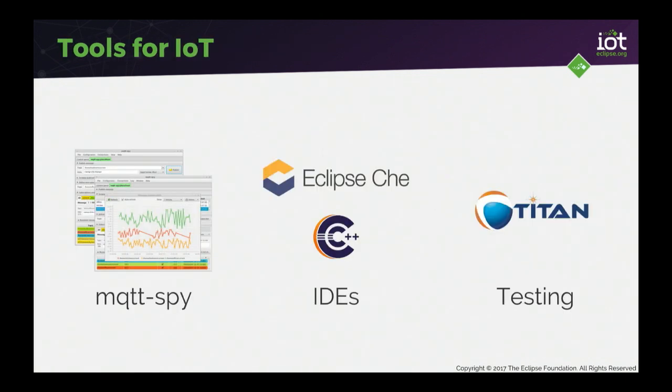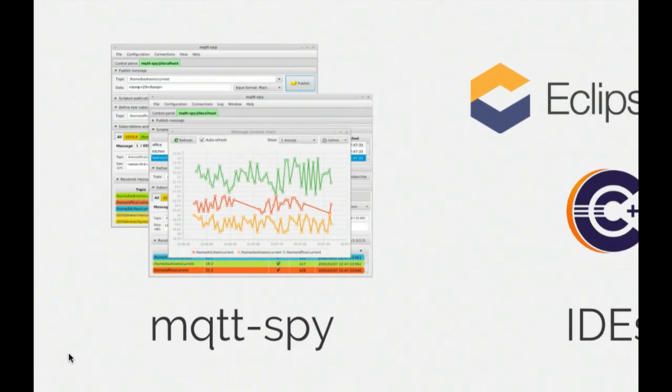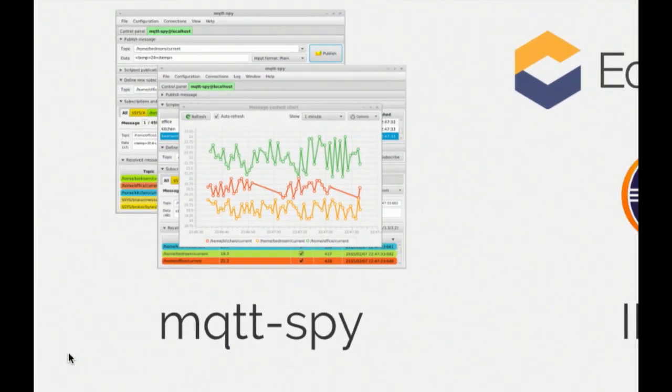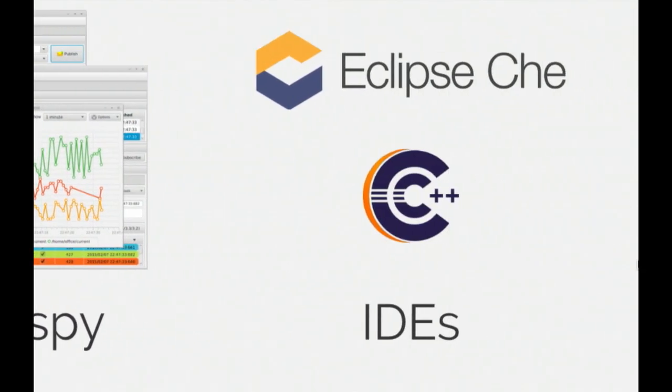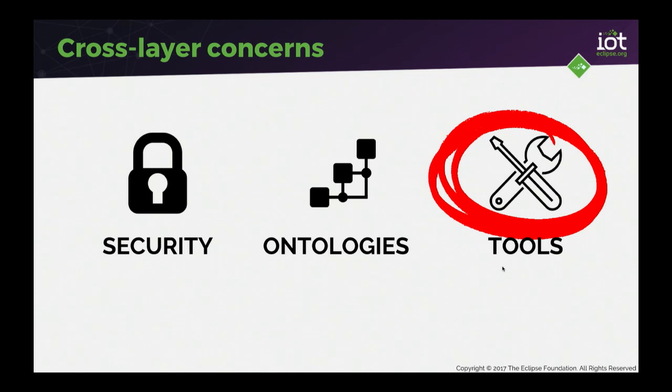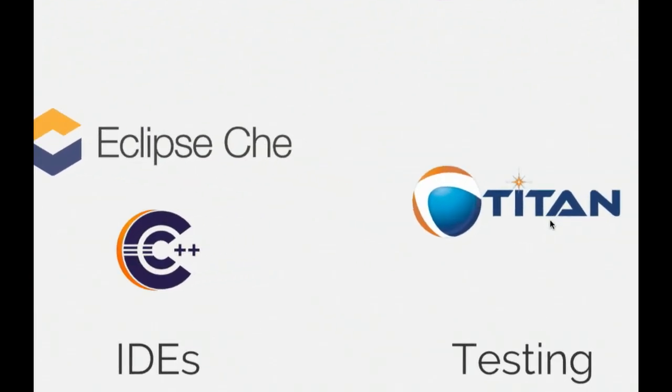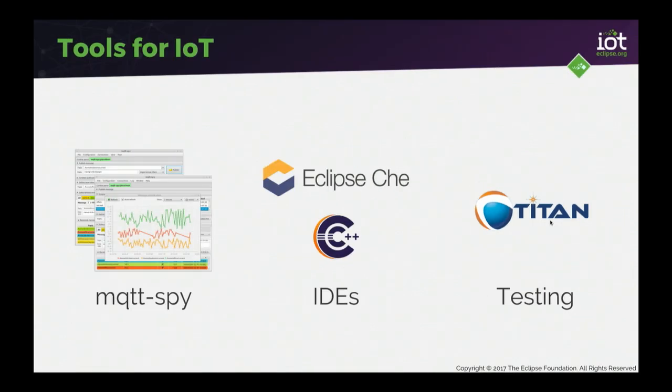In terms of tools, a few things that you may want to check out. If you're doing MQTT, MQTT Spy is a really nice JavaFX UI for spying and monitoring MQTT communication. So you can create charts. You can use MQTT Spy for recording MQTT communication scenarios, do post-mortem analysis, that kind of stuff. Eclipse, of course, the Eclipse IDE for C or C++ development, Eclipse Che, and Eclipse TITAN is for testing communication scenarios at scale, where you want to do maybe load testing for MQTT, CoAP, etc. And that's what TITAN will provide.